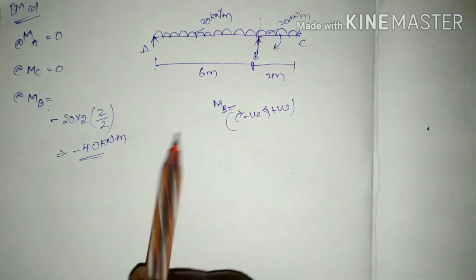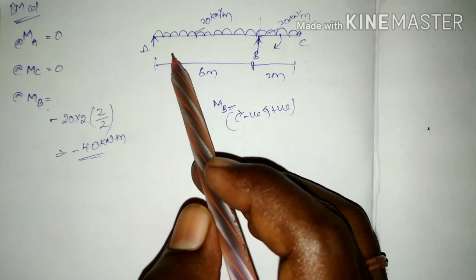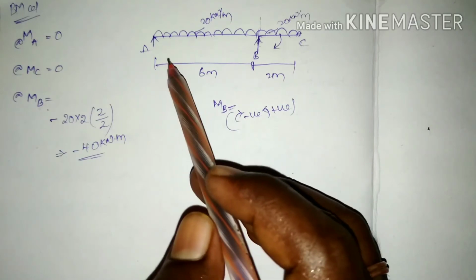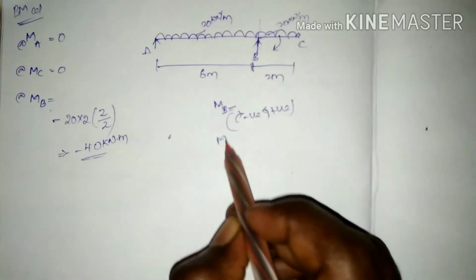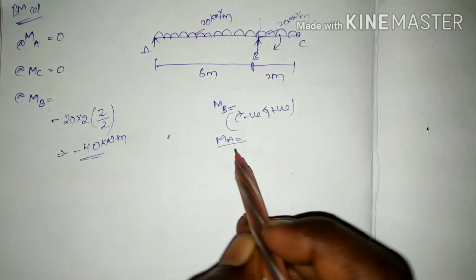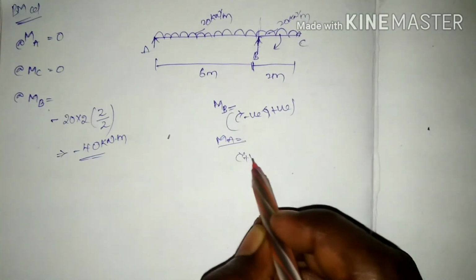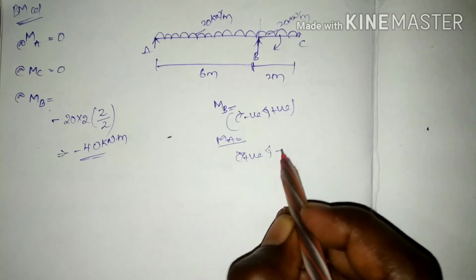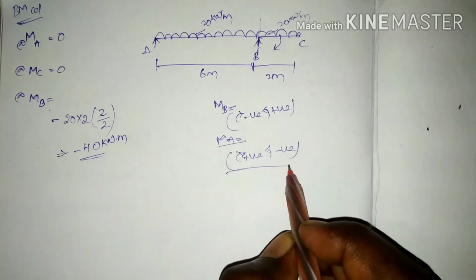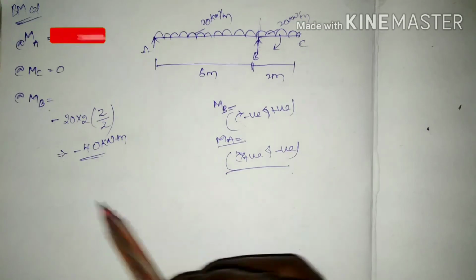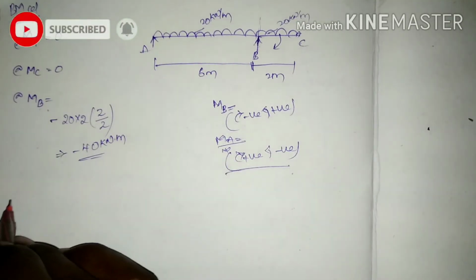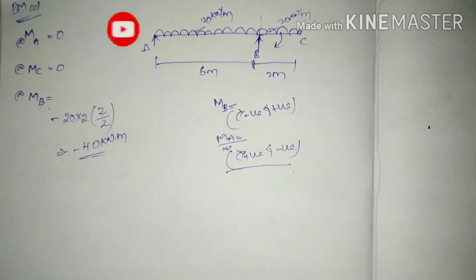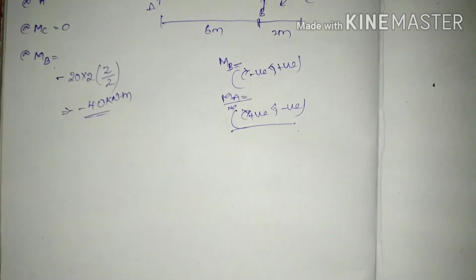In the same way, if you find the moments from the A side, moment about A, clockwise moments should be positive and anti-clockwise negative. Follow the sign conventions while taking from the RA reaction, and you will get the same value. Next, from these values we are going to draw the shear force diagram and bending moment diagram.